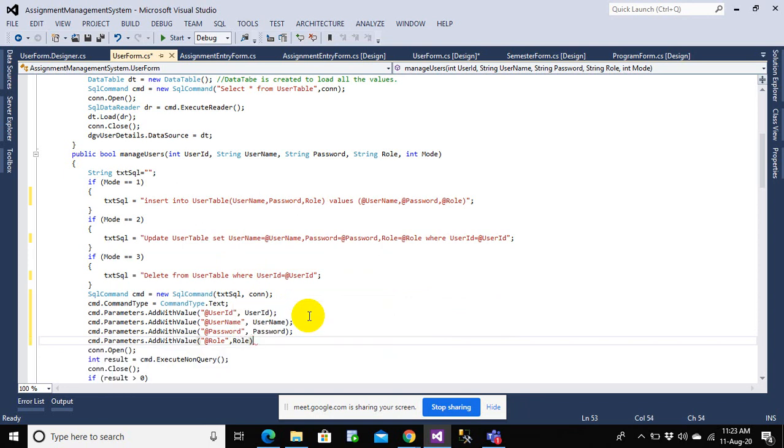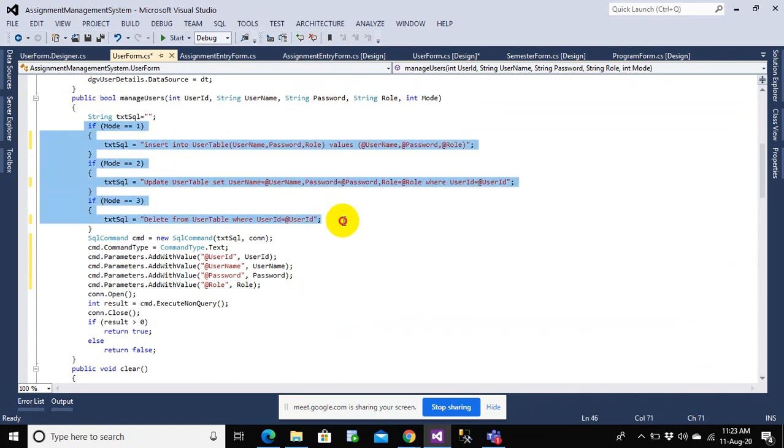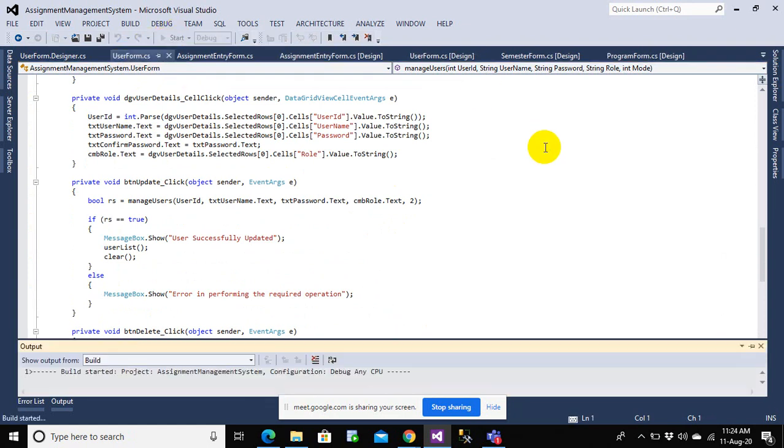Okay, that's done. We have just provided all the parameters, and now this is more secure, this is super secure. No SQL injection here, no plus operator here, only the parameters, and parameterized queries are one of the most secure ways of writing a program. Everything will work the same. Let me run and show you the output.